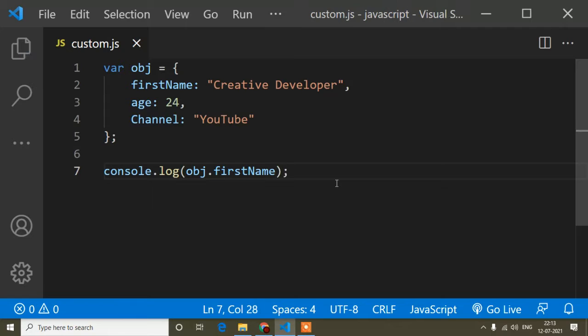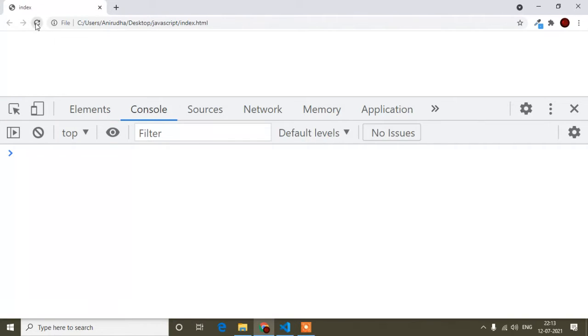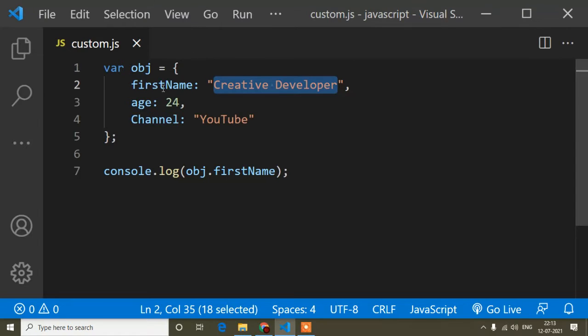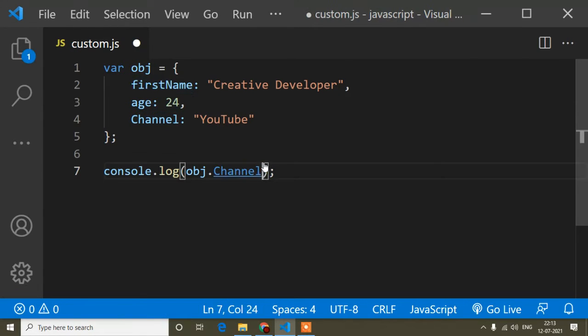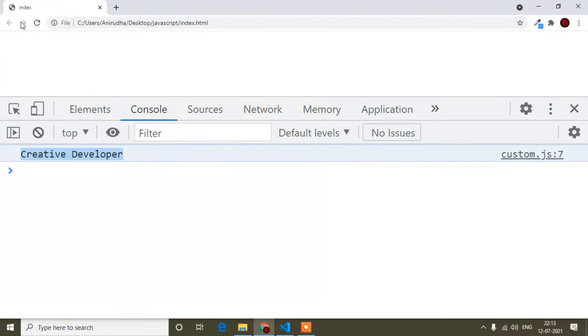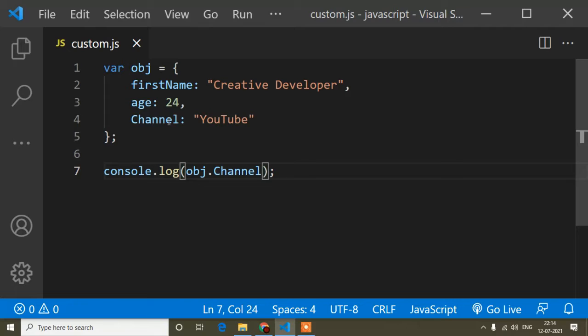So let's check. Save, and you can see I'm getting the value of first name. Suppose I want the channel value, that is YouTube. I write the object variable and channel, and if I refresh, you can see I'm getting the value of the channel property.